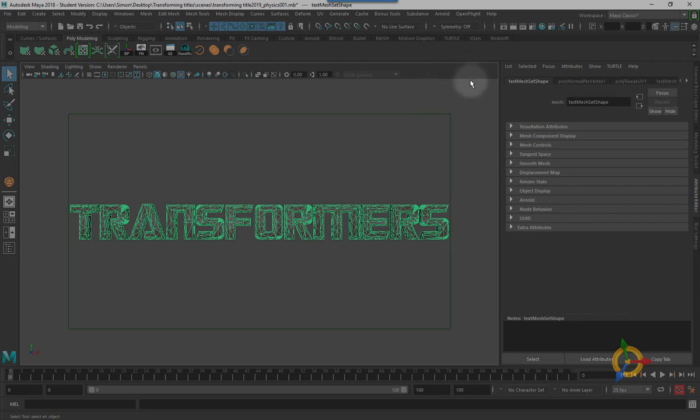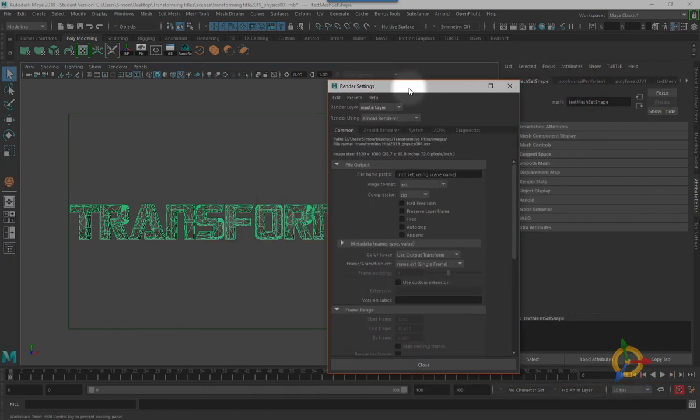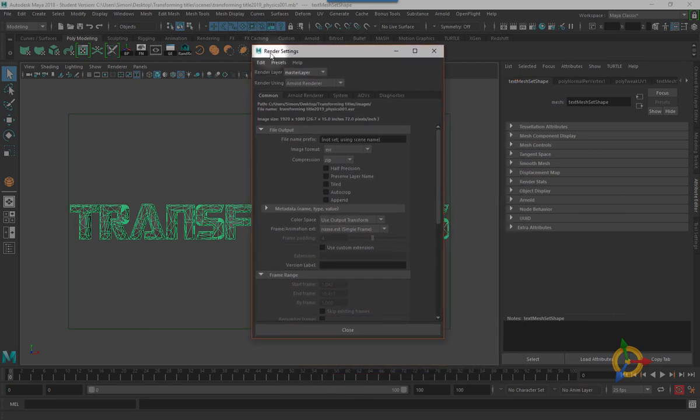So what we're going to do is pop up to the render globals, which is sort of our main render settings, just up here. Let's pop that open and bring this down off my second monitor. So these are our render settings. Depending on the software, usually it'll be called render globals or render settings. The first tab, the common tab here, is always active,